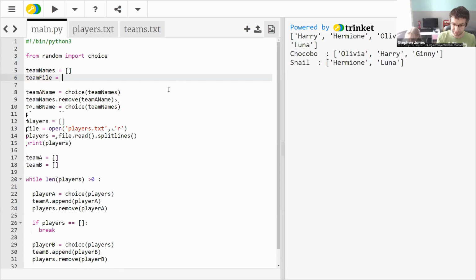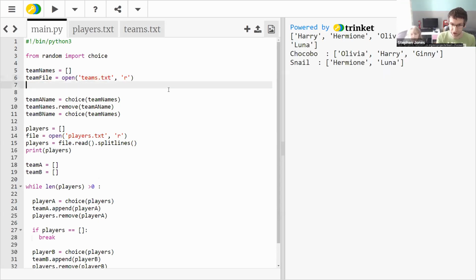And we say equals open, single quote, teams.txt. Can you remember what the next bit we need is? Take a guess. Have a look at what's on line 13. Line 13 is multiply at the moment. So we need that. File, single quote R, because we're in read-only mode. Then if we do team names